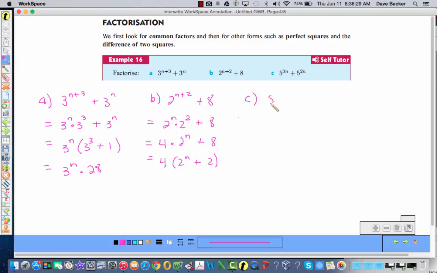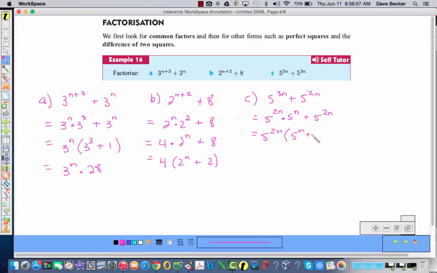C, 5 to the 3n plus 5 to the 2n. This looks too good to be true, maybe because it is. You should be able to, at this point, look and see, oh, they have 2n in common, but if you can't, this is equivalent to 5 to the 2n times 5 to the n plus 5 to the 2n, and then you can see it has 5 to the 2n in common, so that becomes 5 to the 2n times